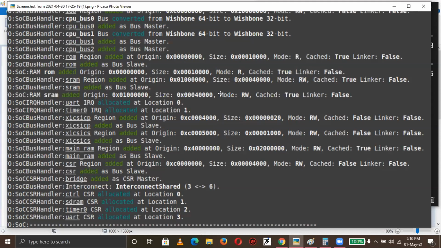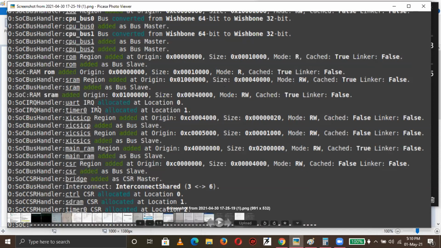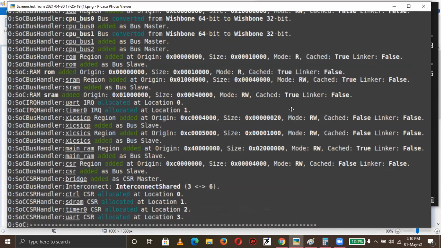Guys, now I want you to tell me what is the size, how many locations this is going to occupy and from where. What is the binary decimal equivalent of this 0x0004 with all zeros? How many bits?